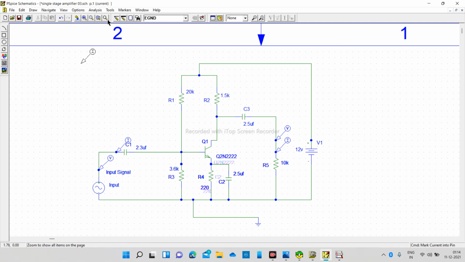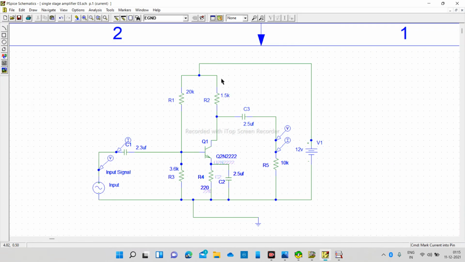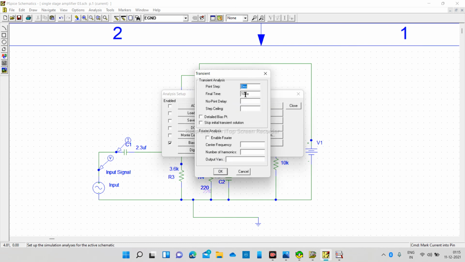As we know that current is very low in the circuit, so you will not notice that. Okay, so run it. Netlist is completed. See, you can't even see. Just first of all, change this.